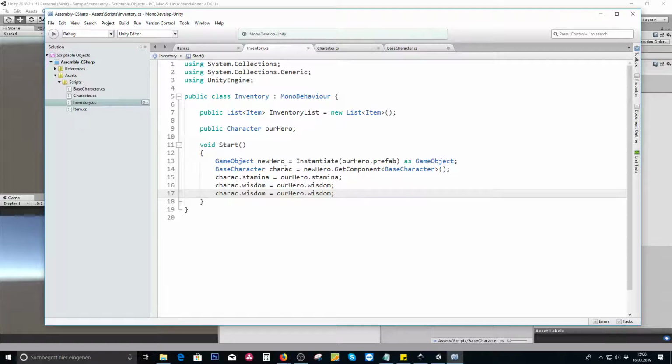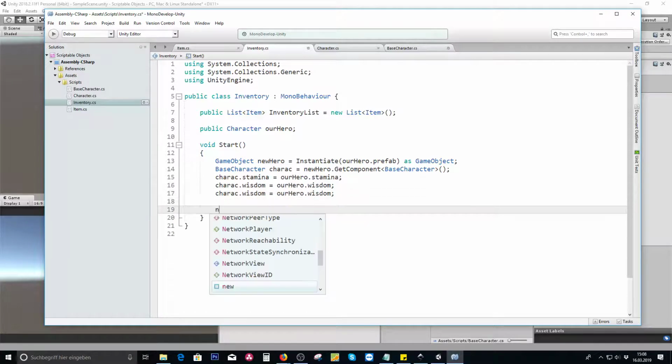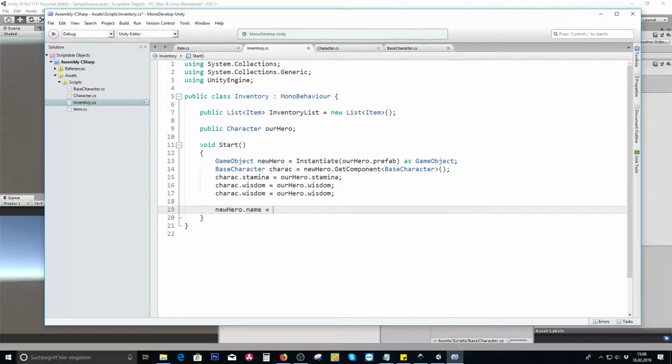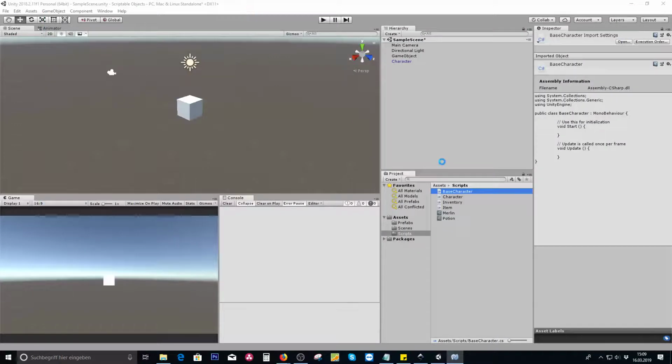And so we can also put in the name, so we can literally rename the new hero game object if we like to as well. So we can say new hero dot name, which is a game object, is equal to our hero dot character name. Because character name, once again, is Merlin, as we put it into the scriptable object. And this way, we can now design hundreds of different things with that scriptable object without touching code anymore. And we can drag in any character at any point we like and should be able to instantiate it and fill in the